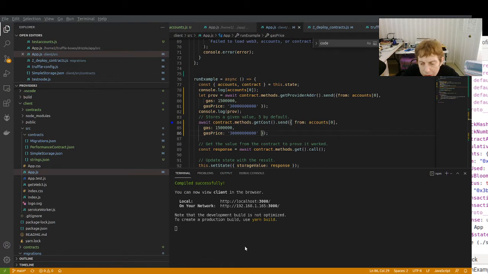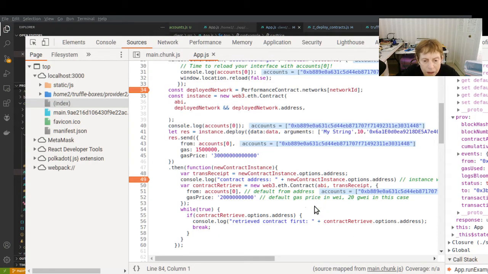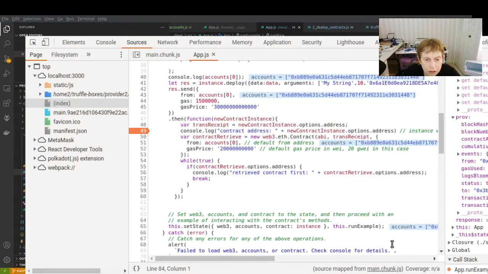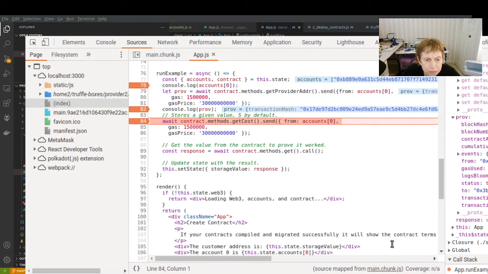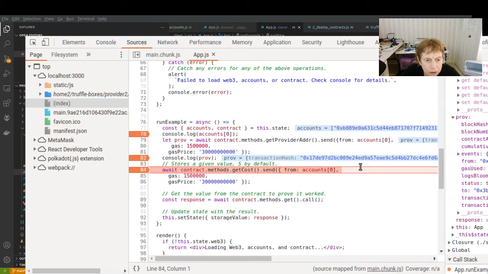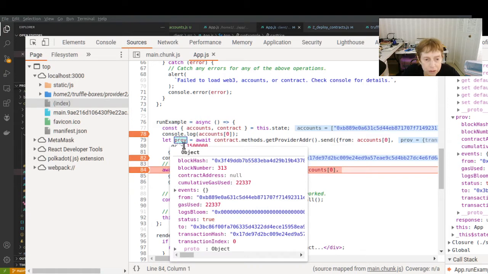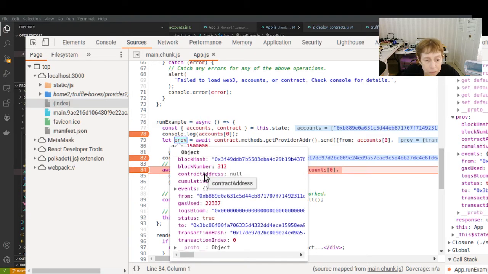So here's the issue. When I try to run it, this send. Let me bring it up so I can move it. So this send here, when I try to actually run the example, this one actually returns, but it doesn't seem to return what I think it's going to,